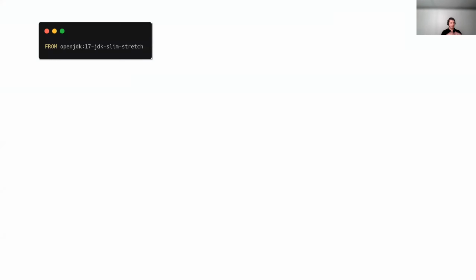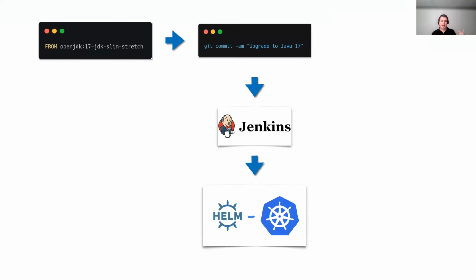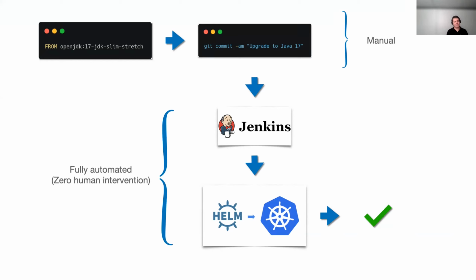Well, in the ideal world, you have hopefully some kind of container, let's say Docker. You update your Docker file, you commit your change to your Docker file. Your application will be built, and somehow it will be deployed on production, and that's it. This is the manual process that you have to do: go there, change the file, commit it, but the rest is fully automated, zero human intervention. And it should take like 5 or 8 minutes. So this is what I mean.